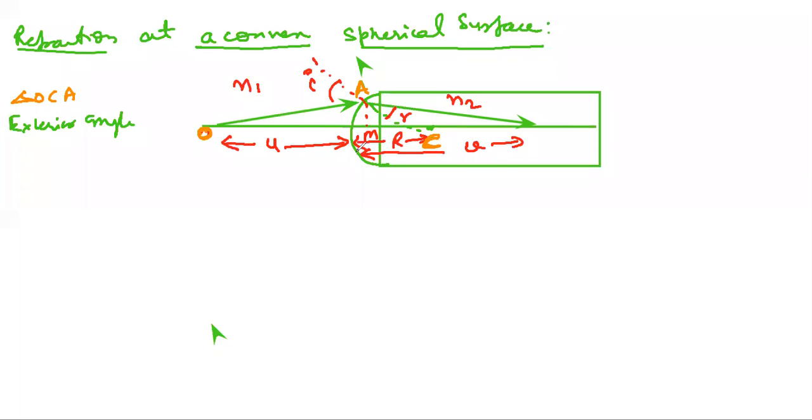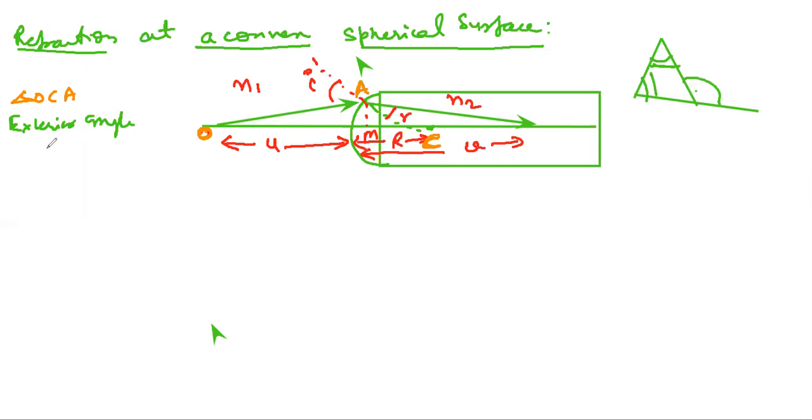So the exterior angle concept is this. You know about it or not? Yes, sir. Suppose this is a triangle. So this angle is the exterior angle. This will be equal to the sum of the two interior angles. The sum of these two will be equal to this. So the same we have to use.